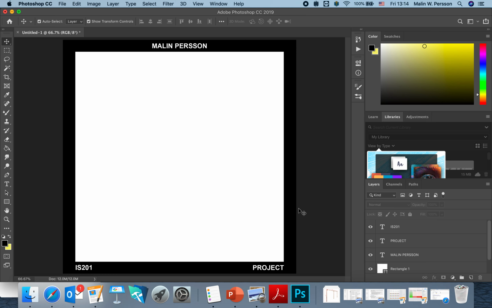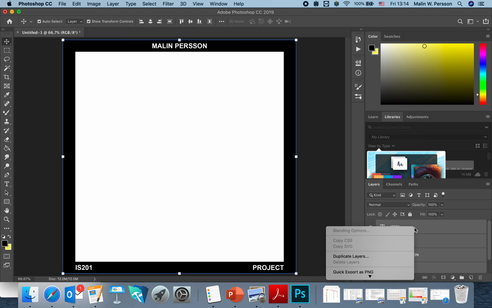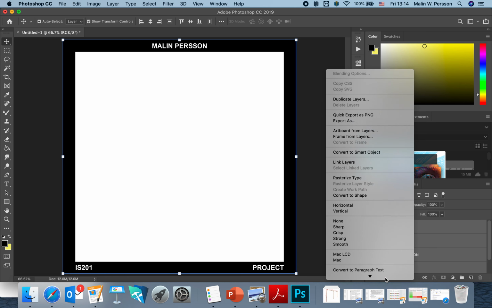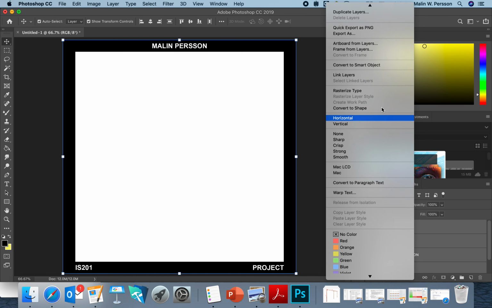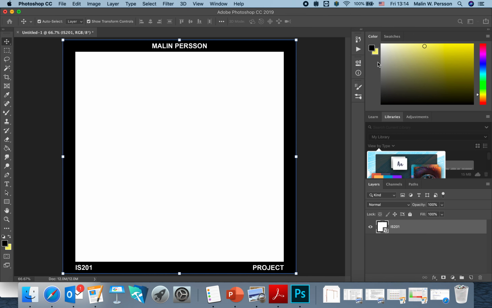Now, once you have your background black, your white rectangle in the middle, and your white text in, what you want to do is go into your layers on the right bottom side, select all the layers, just select the bottom one, hold down Shift and click on the top, so you have them all selected, like so. We're going to right click on this, open up the big menu, and we're going to convert it to a smart object. Once it's been converted into a smart object, we're going to right click again,